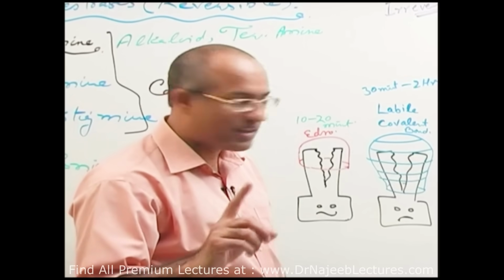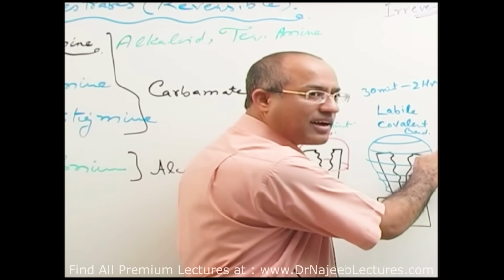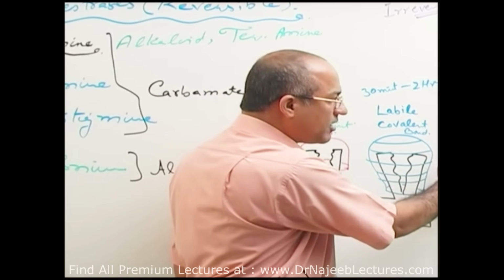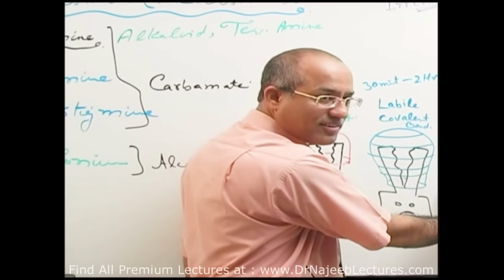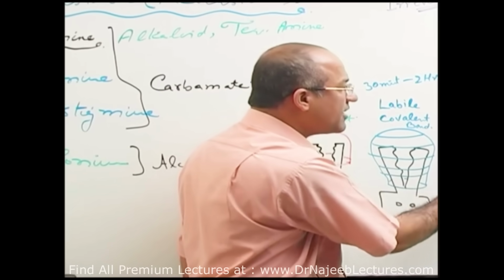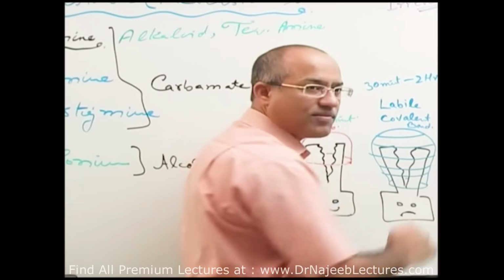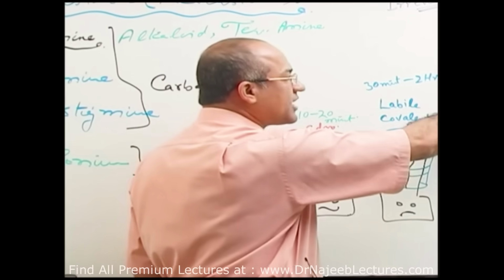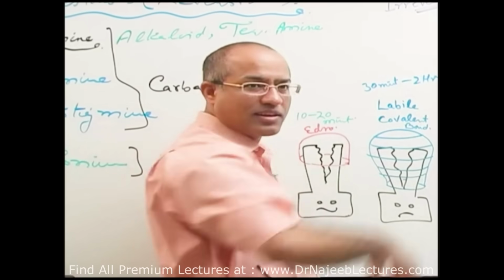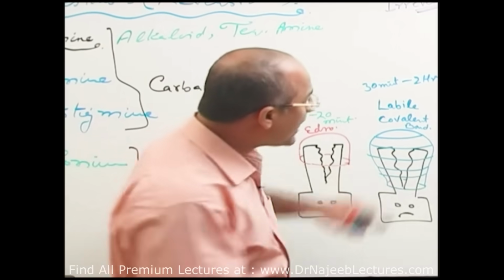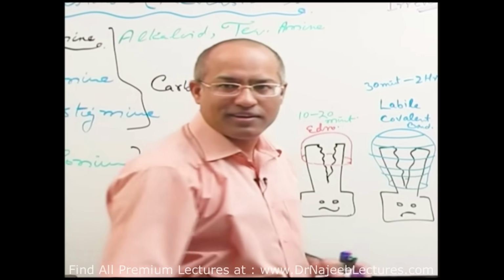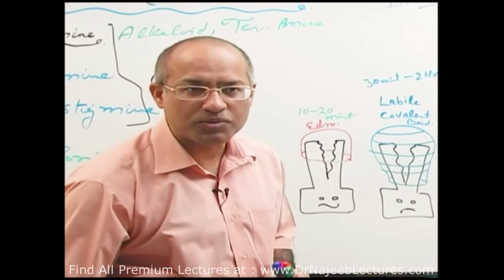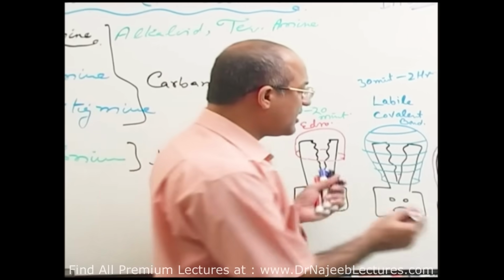Remember clearly. If the alkyl group is still there when the enzyme is sticking with this drug or toxic compound, then initially the alkyl group is there. Actually, there are other drugs which can come and remove the inhibition. But once the alkyl group is detached, it is impossible to remove the compound from there. Again, let me repeat it.